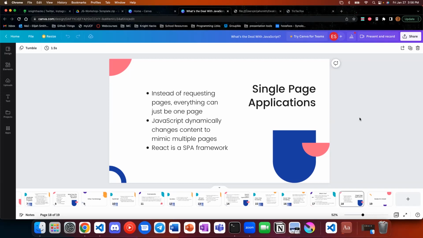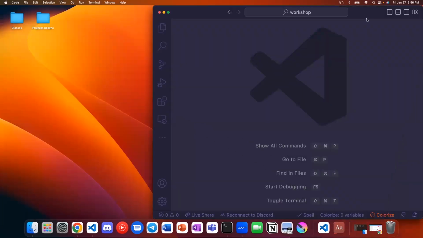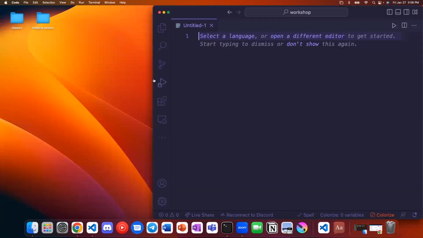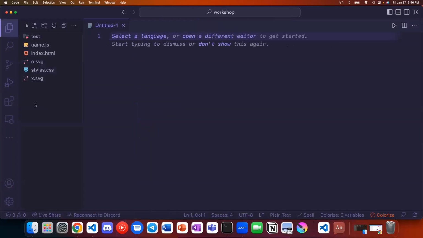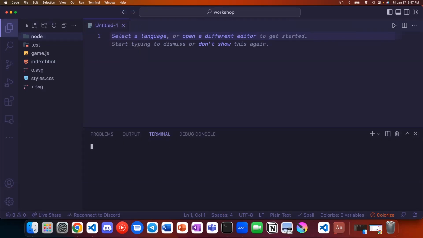Yeah, that is everything in terms of content. I'm going to do a really quick demo of how Node.js works. If anyone has it on their computer, they're welcome to follow along. I don't want to wait for everyone to install it because we're already at the 2-hour mark. But I'm going to go ahead and set this up really quick. Folder Node. And then I'm going to open my terminal here. I'm going to use the cd command, which is change directory, to go into that folder. And then I'm going to run npm init.